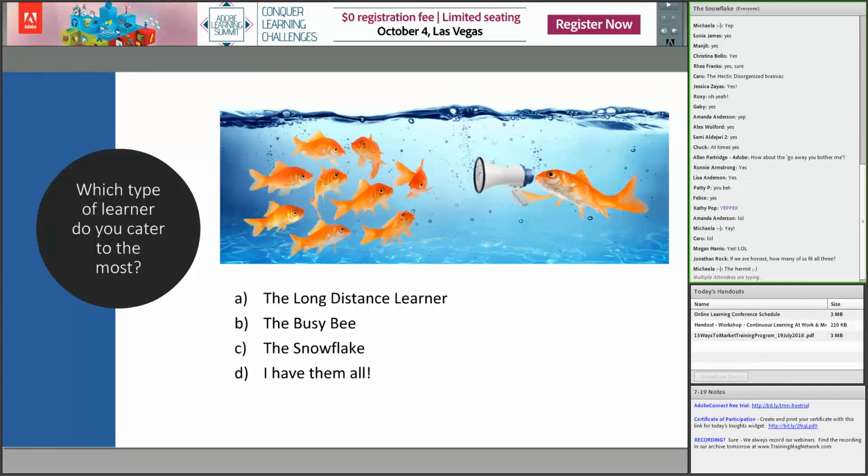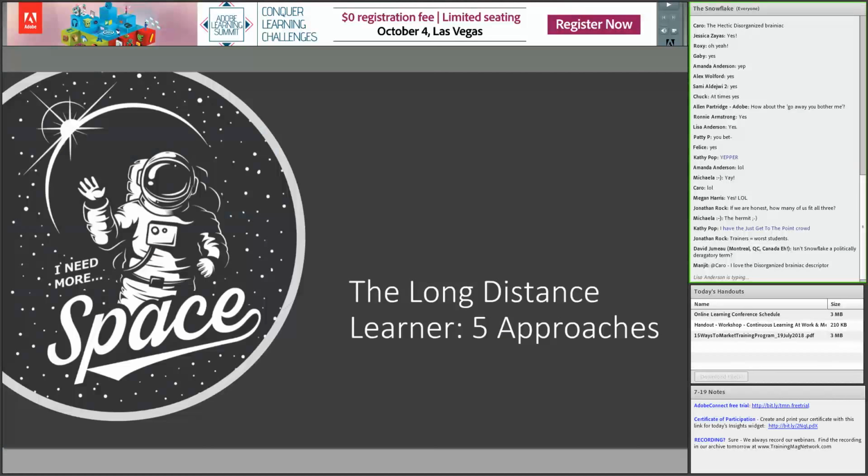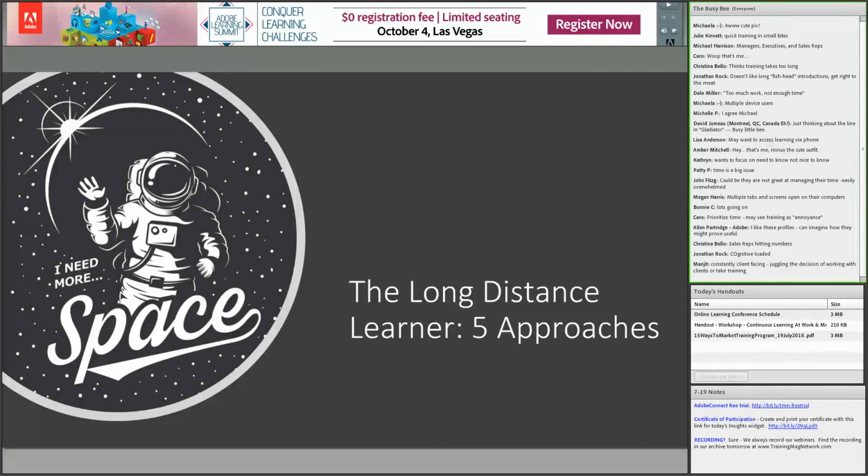All right. So now that we've established that framework of our types, we're going to get into some tips for each of those types. The 15 tips we're going to go over today are subdivided, and we're going to do 5 tips for each kind of person. But again, I encourage everyone to really contribute to the chat, and if you've got other approaches in addition to what I'm sharing, please share those with the group because they will be part of the transcript. So here we're going to start with a long distance learner, the approaches to that,